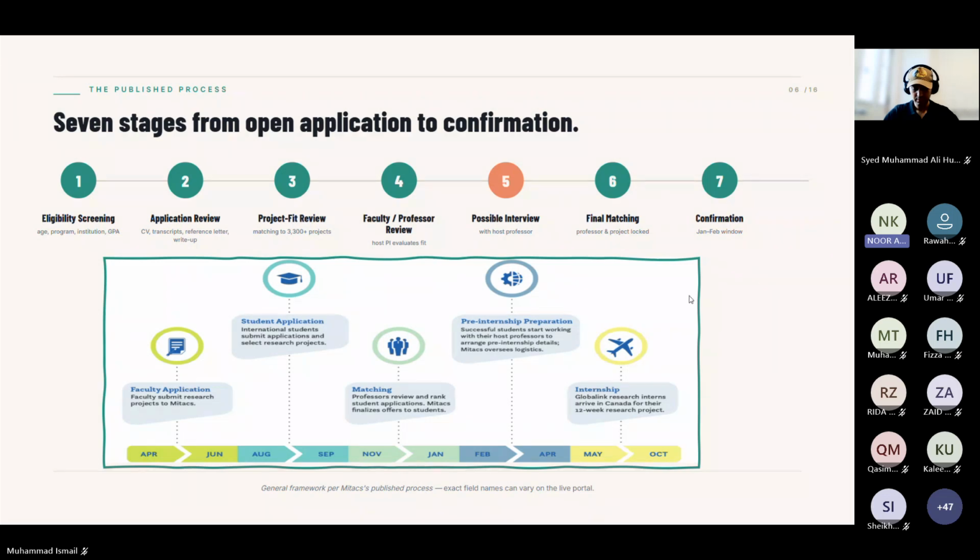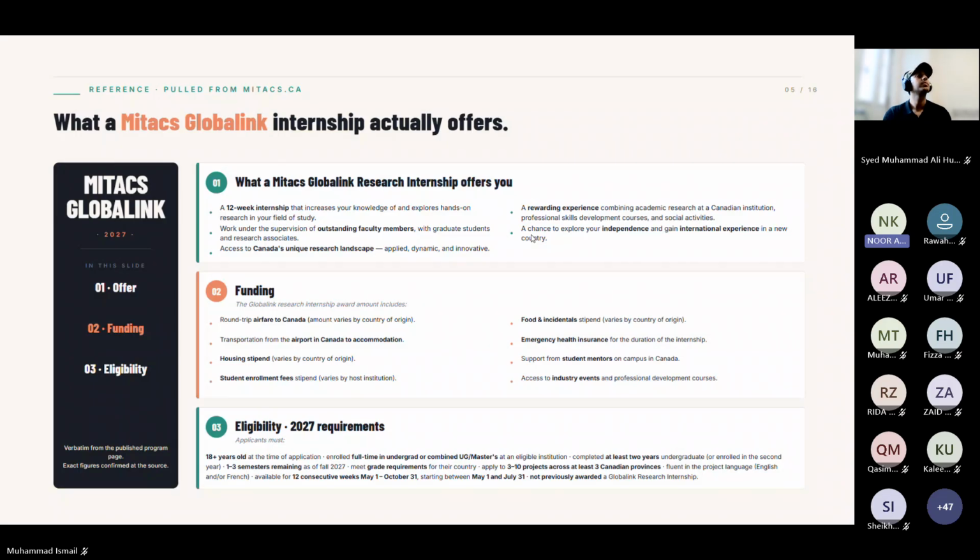And one day my professor emailed me that he really liked my profile and it seemed to match what he wanted. Could we have a meeting? That meeting was the same day, same night. So yes, I did have an interview. He told me during the interview that he really liked me and to make sure to rank him up so we could have each other. So that was my specific journey in this timeline.